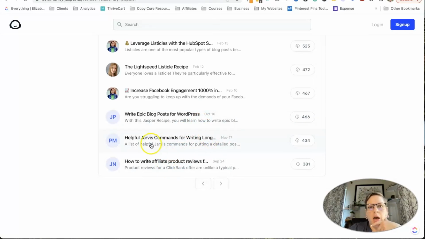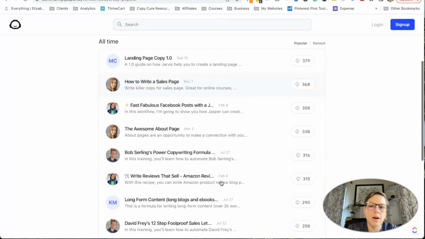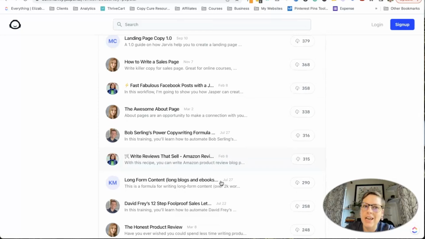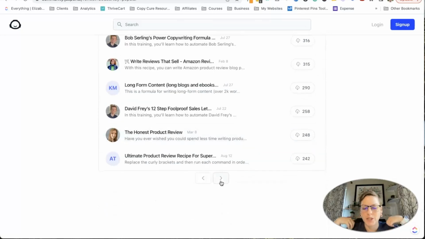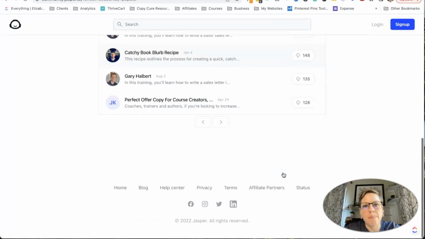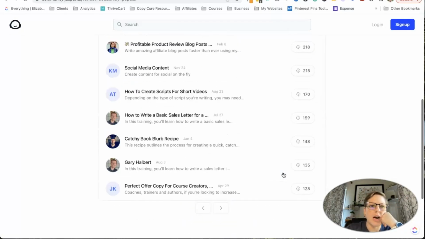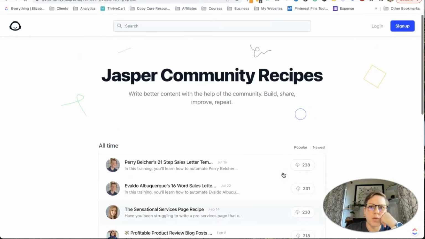And then this one's just like helpful commands. So when you're figuring out what commands to write, because you can basically tell Jarvis what you want it to do, which is one of the cool features that I haven't found in other AI tools just yet. I'm experimenting with a lot of them because there's so many out there. But yeah, long form content, so you just would download it and it would add it to your Jasper account. And Jasper does, I think it's like a 10,000 word free trial that you can sign up for anywhere.